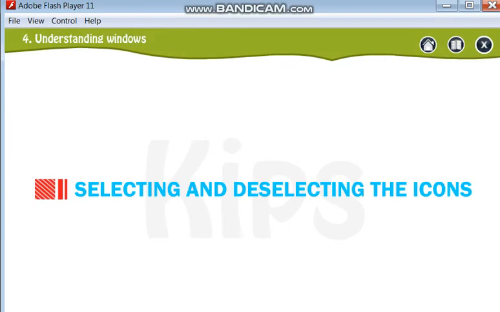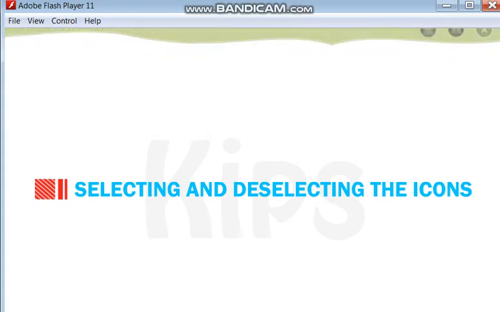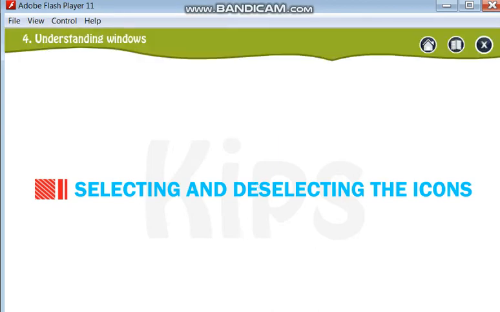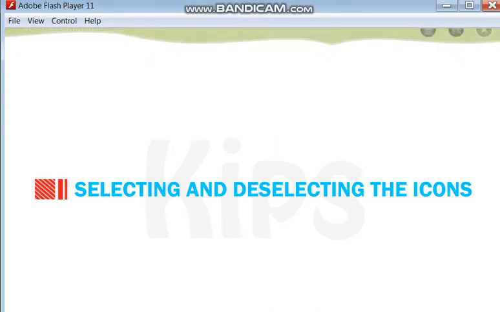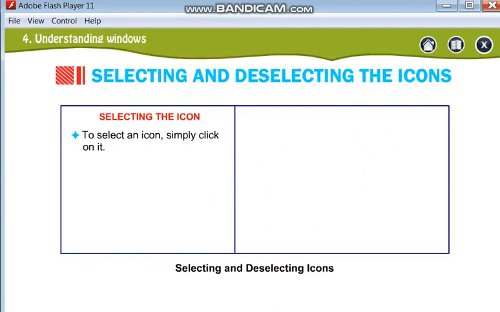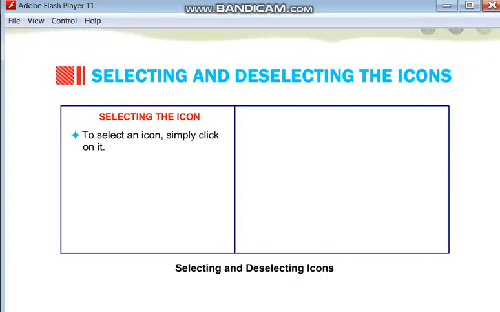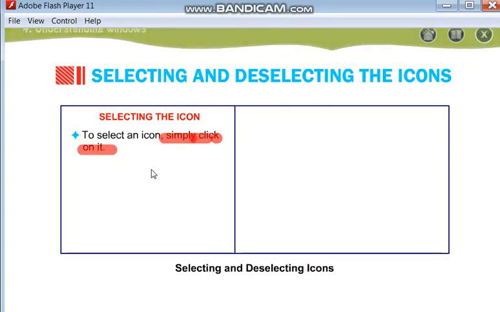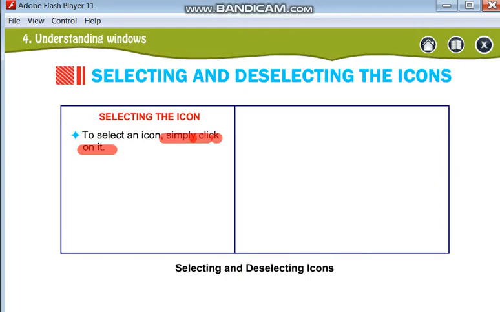Now, selecting and deselecting icons. How to select and deselect icons. Icons means the small pictures on the desktop. To select an icon, simply click on it with the left button.